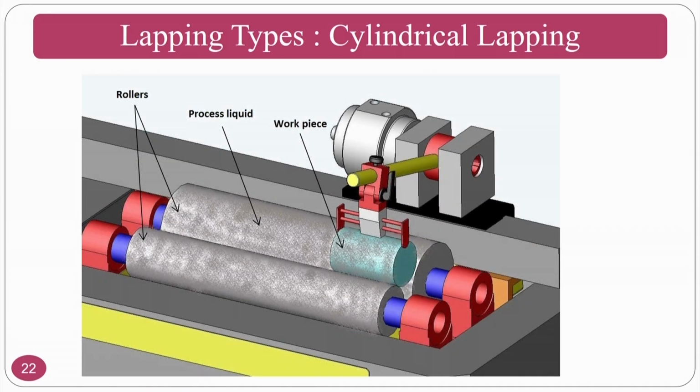You can see here the workpiece, this is the workpiece to be finished. Processing liquids are there, and at the same time two rollers are there. You just put the liquid and you can do the finishing. This is a schematic to show how cylindrical lapping works